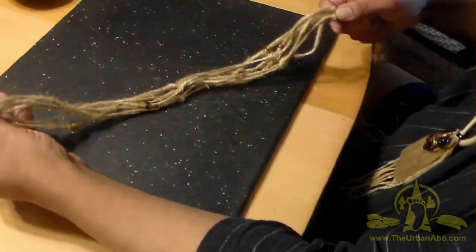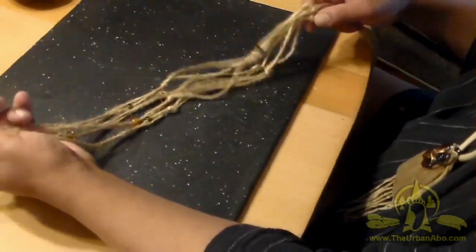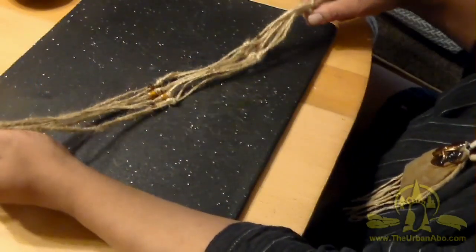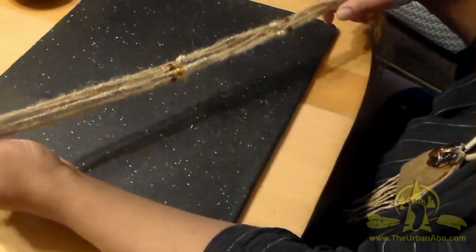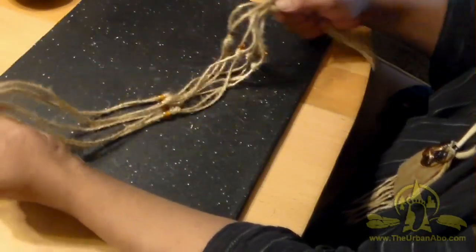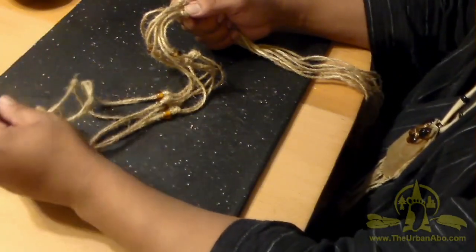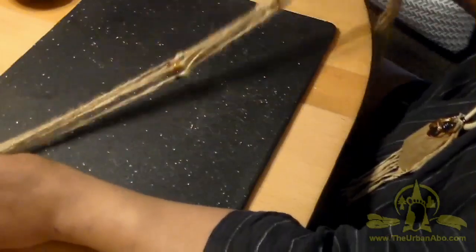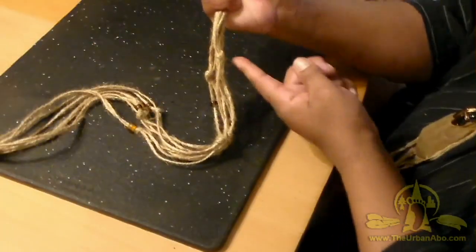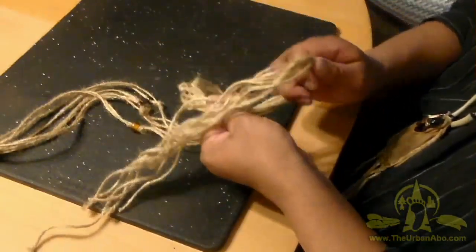Now I could go further. I could have started the row knots up higher. It's just up to you. You have to play with it, experiment how you want to choose to do it. People that are into macrame know exactly. This is basic. This is rudimentary stuff, which is why I like it. It's simple, but it's still kind of elegant. It's kind of cool to have around to be able to do, but it doesn't require hours and hours of time to make it. Towards the end, and probably just an inch down from our last row of knots,